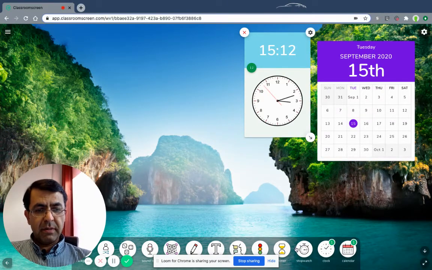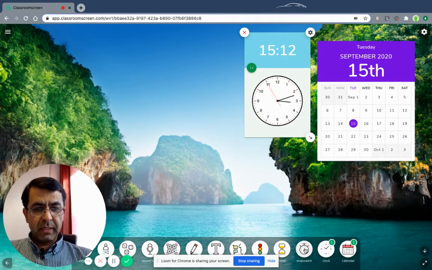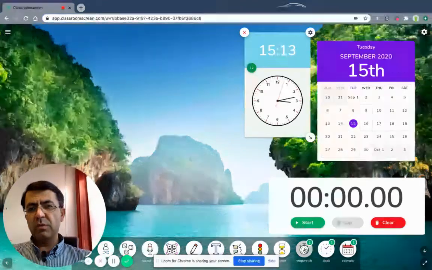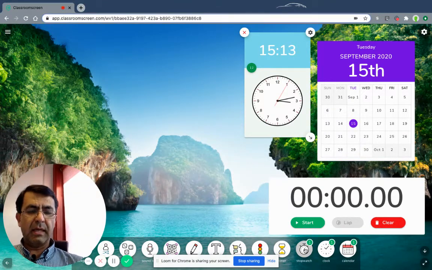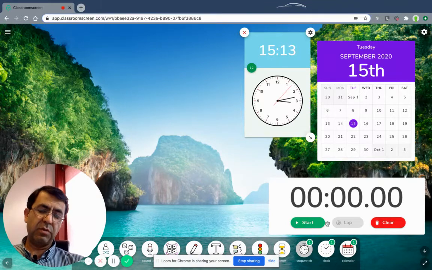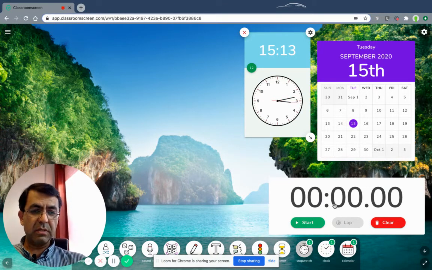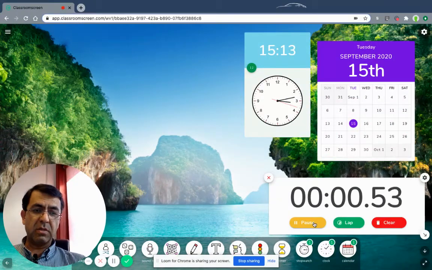Yes, the third important gadget is the stopwatch, which may be used in the classroom in order to start something, in order to begin an exam or a test or a competition between students or something. So you can start the time,